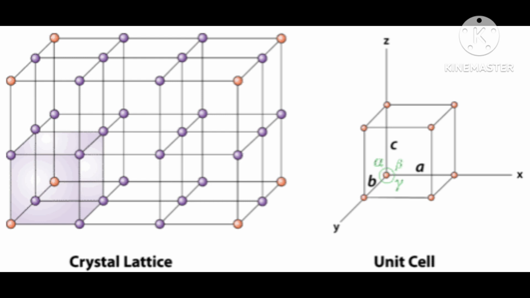Then that type of structure, that type of cell, is called a primitive unit cell: particles only at the corners. When constituent particles are present only on the corner positions of a unit cell, it is called a primitive unit cell, and only this cell will repeat in all directions. Then you will get a big size. While studying, always think only of the unit cell. I told you about the unit cell, and I told you about the primitive unit cell.